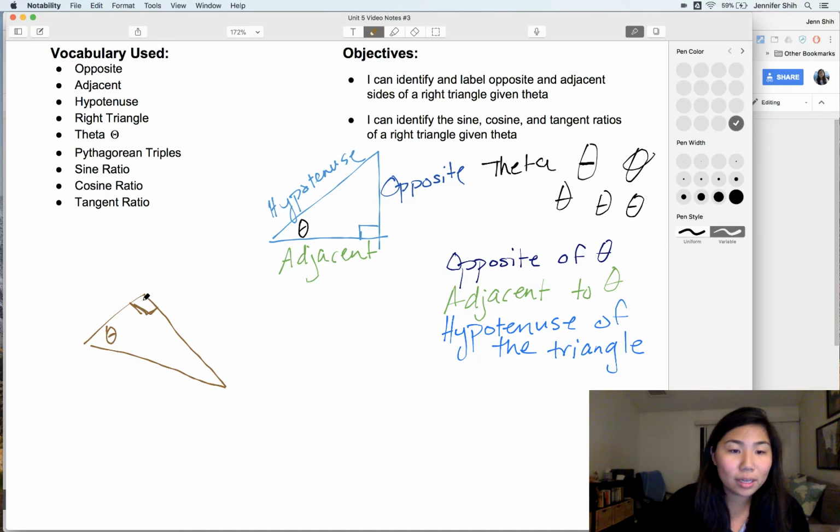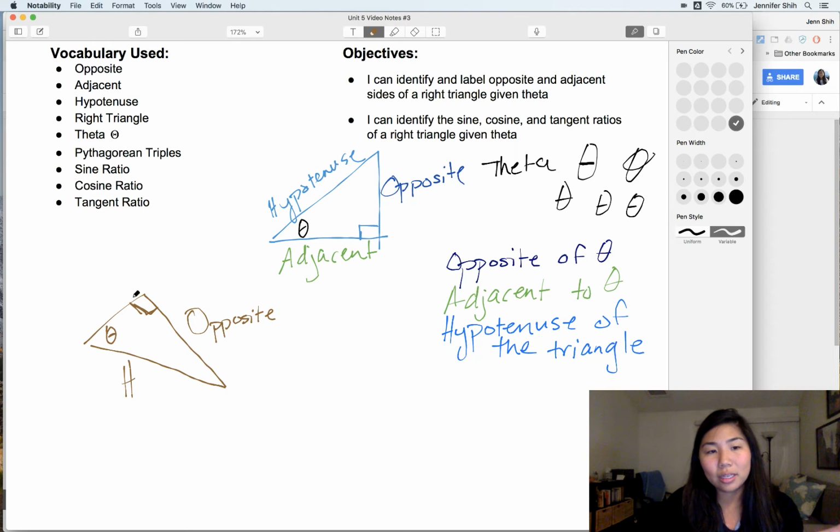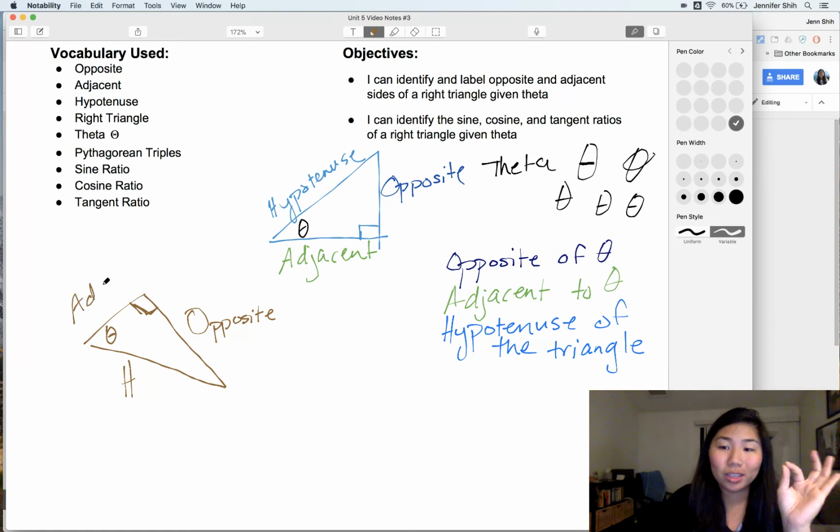The opposite of the 90-degree side is the hypotenuse, always. Hypotenuse. That's the longest side of the right triangle. Opposite of theta, I'll write it, is the side that it is not adjacent to. Notice how this leg is not touching directly this theta. And then you have the last side, which is next to, because adjacent means next to, adjacent